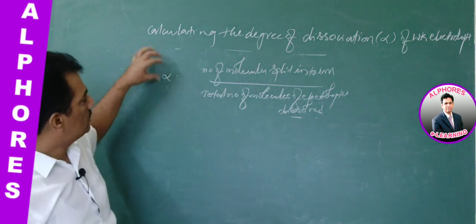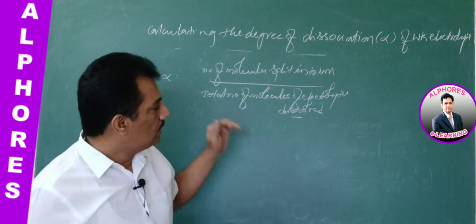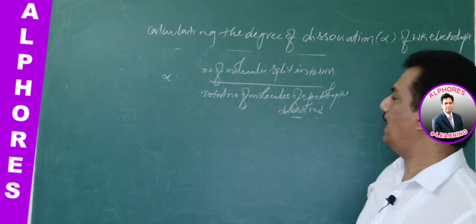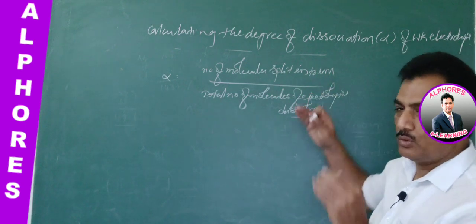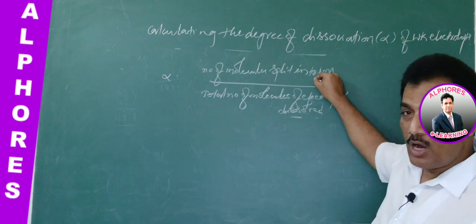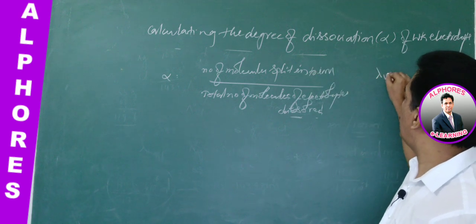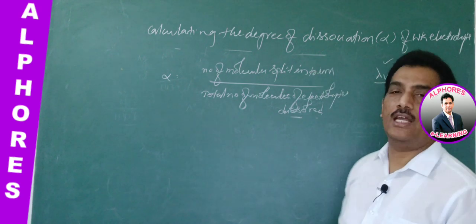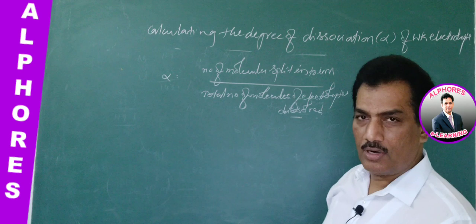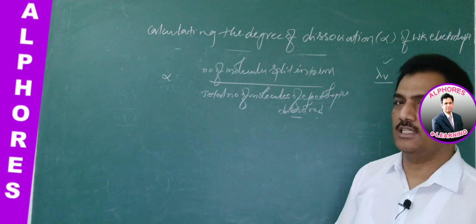Clear? So here the degree of dissociation as per Arrhenius theory has been given like this. Now we are relating to the conductance capacity of the electrolyte, as when the molecule is splitting to a certain extent, not complete, then these ions formed because of some extent of dissociation or ionization are responsible for the conductivity at that particular given dilution. And now this is when the total number of molecules is dissolved. Already from the beginning we discussed that the molecular form is not responsible for the conductance of weak electrolytes.